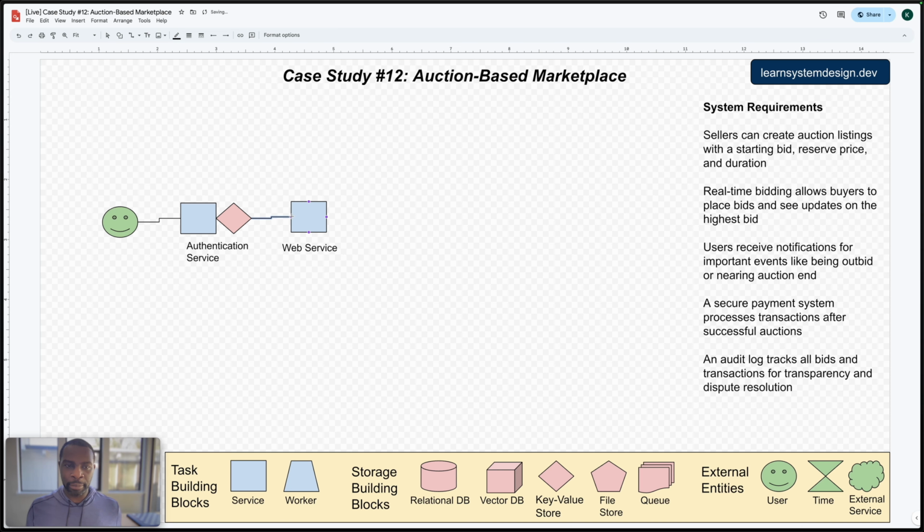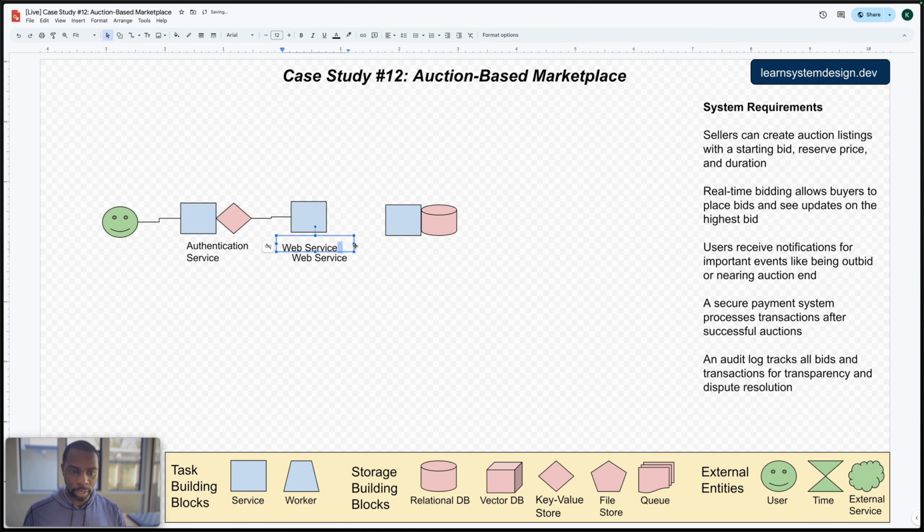Now, an auction-based marketplace is still a store of sorts, right? So you're going to need to have structured information ready and available and accessible. That means we're going to need some sort of data layer service. The service connects to a relational database. We go ahead and put that data layer service here